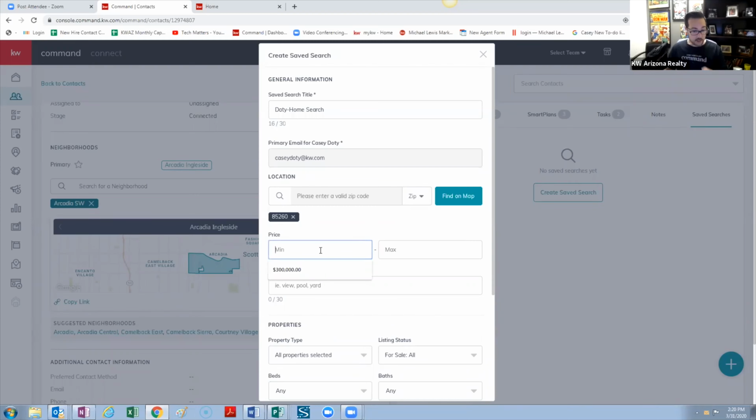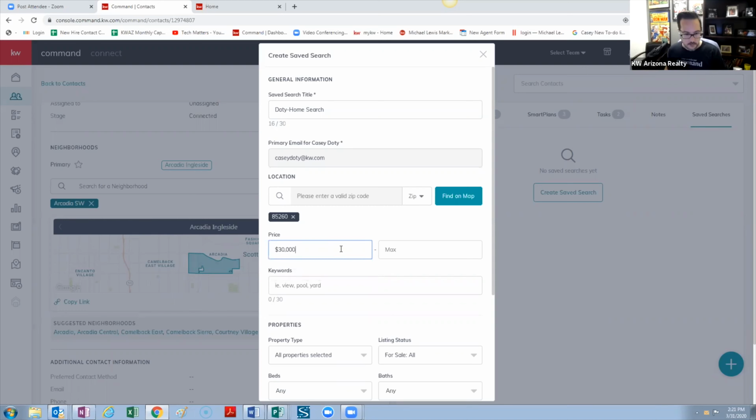Then price range, similar. You're going to have sent them some texts and things as part of the smart plan we're going to set up. If you've actually heard back from them, then things are going to go a little differently. You're going to base it on what happened in the call. Then you'll actually know possibly the exact price range they're looking for. So things will change based on what they say on the call. That, of course, changes what goes on with these smart plans and how you respond to them. So say the house was